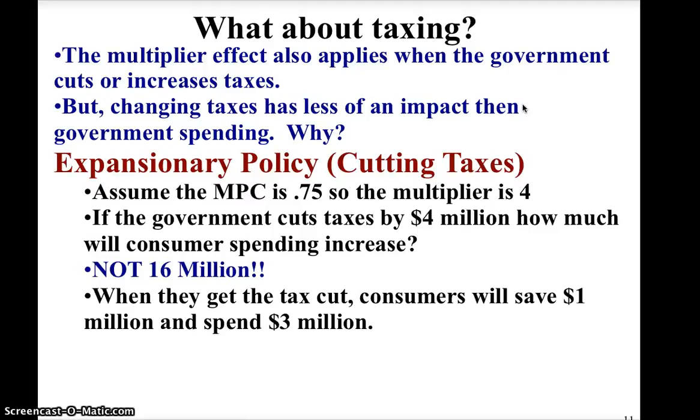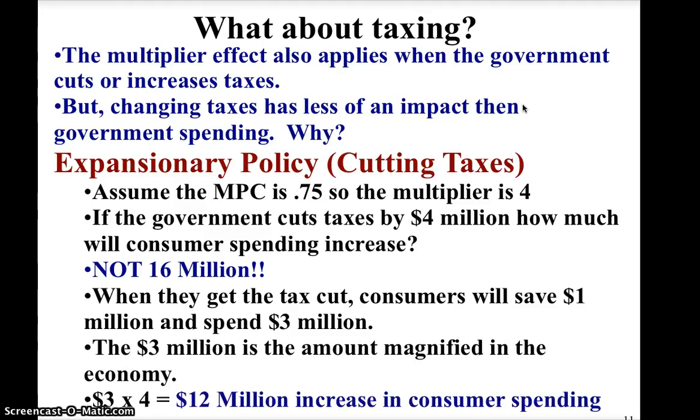If the government cuts taxes by $4 million, how much will consumer spending increase? It is not 16 million. If the government spent that money, it would be 16 million, but if they cut taxes, it's not. Well, why is that? Because when people get the tax cut, it goes to the individuals first. It does not immediately get spent in the economy. And so consumers save a quarter of that, because the marginal propensity to consume is 0.75, and they spend 3 million, and that 3 million is